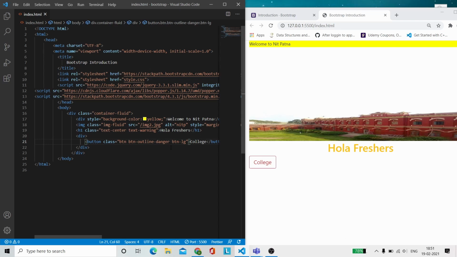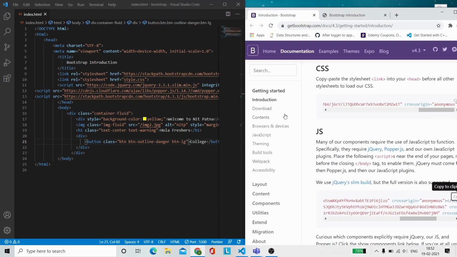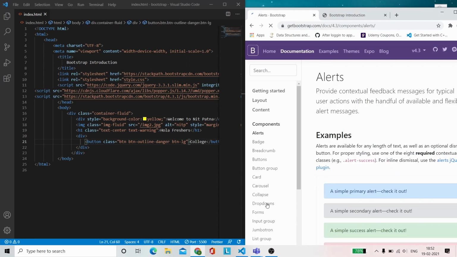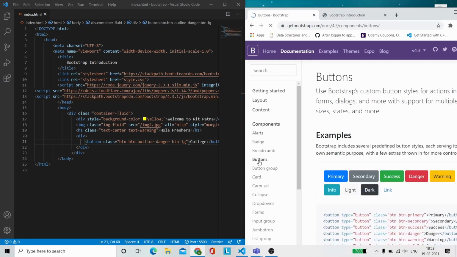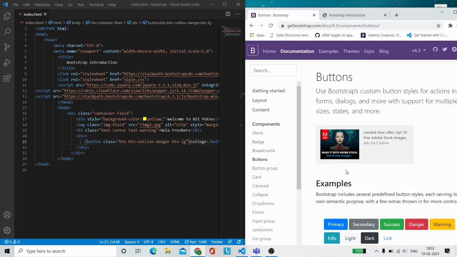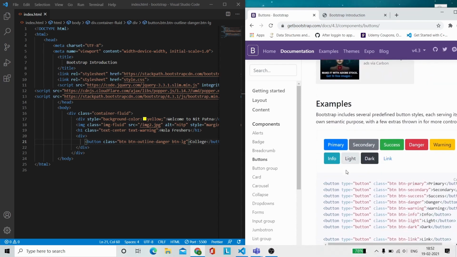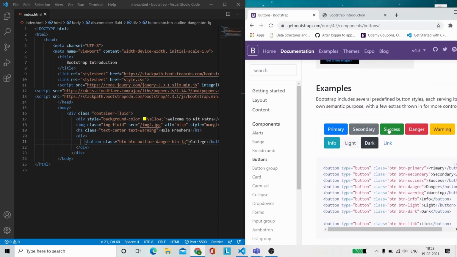So these classes you need not remember, as I am also forgetting them. You can just search that, okay, I want to implement this thing, and when you go to Bootstrap, you will see that here we have all the components. If I go to components, I can have a look at badges, breadcrumbs, buttons. Okay, these things you need not learn. See, here we have all the different buttons, we have primary, secondary, which I just showed you.